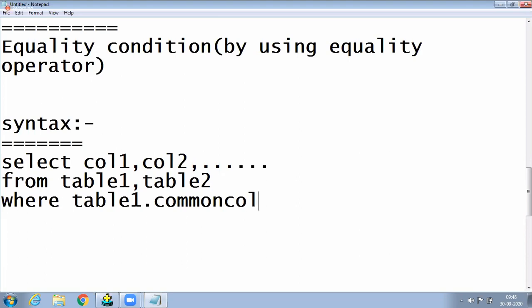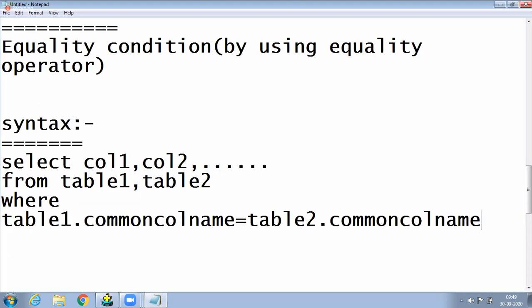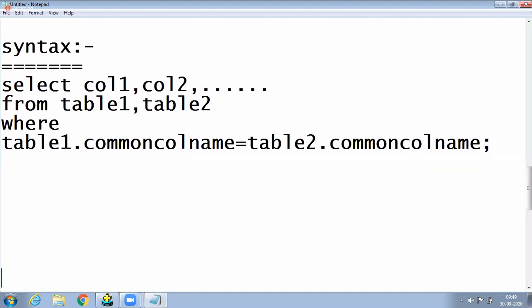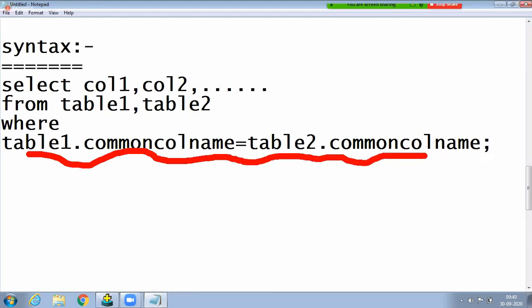Common column is usually a primary key in practice, but up to now you don't have an idea about primary key and foreign key. Based on the common column: common column name is equal to table 2 dot common column name.